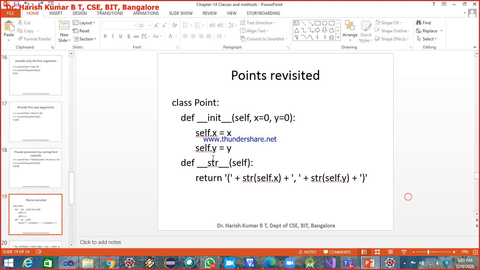Now I have written my own definition for str, and there is a built-in function with the name str also. Whenever you write your own definition for str, your definition is going to override the built-in definition. Whenever you call str, it's not going to call the built-in function str, but instead it makes a call to the definition present inside your class definition.